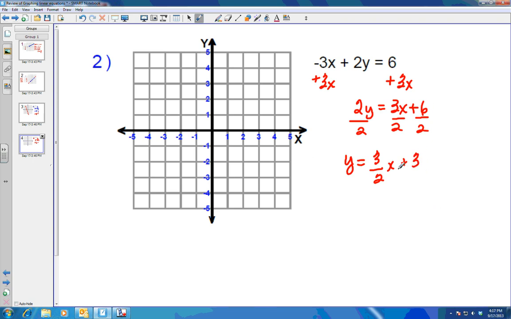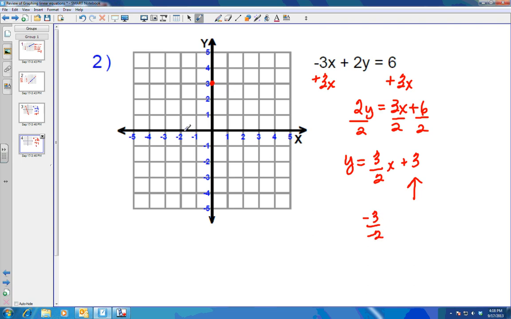So I always graph my y-intercept first. So I'm going to go up to 3. That's my first point. Then from this point, here's my slope. Okay, so I can go up 3 to the right 2. Okay, or since I'm going to be off of my graph, I can do the opposite of that and go